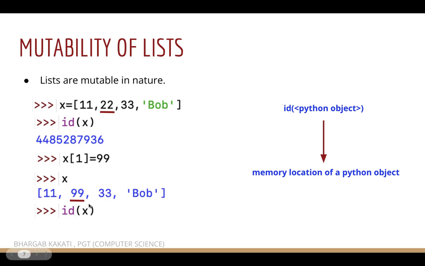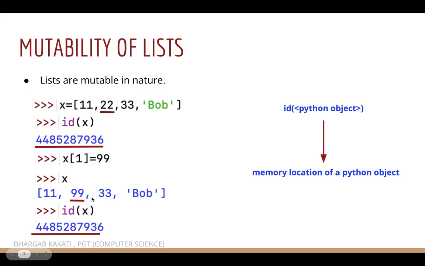Now if I check the ID of x again after this change has happened, is the ID the same or different? Yes, the ID is the same. That means in place I have done the modification. In the same memory location I have done the modification. Hence we can say that lists are